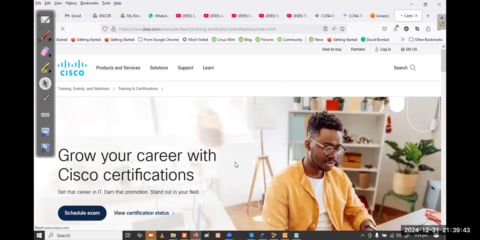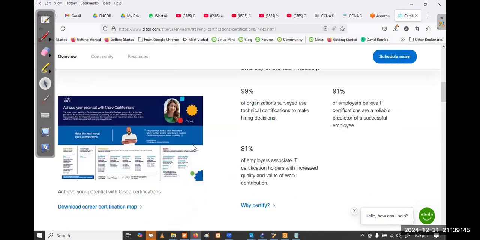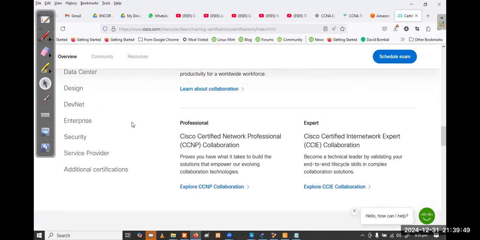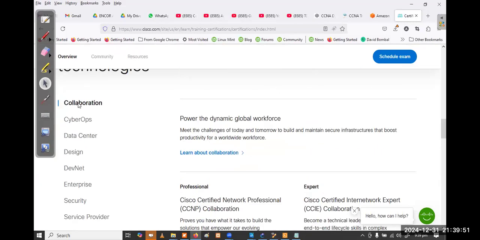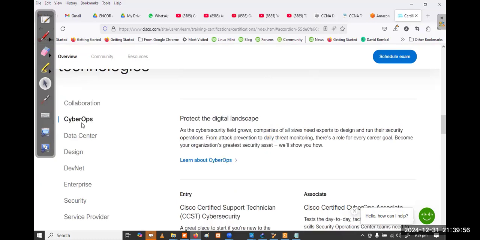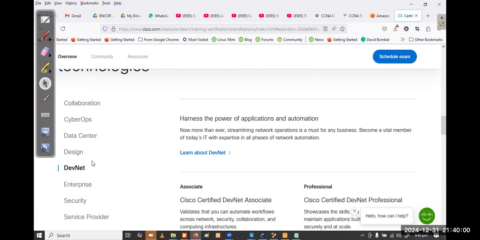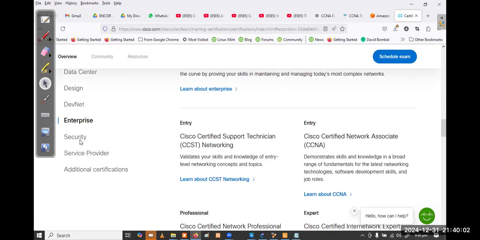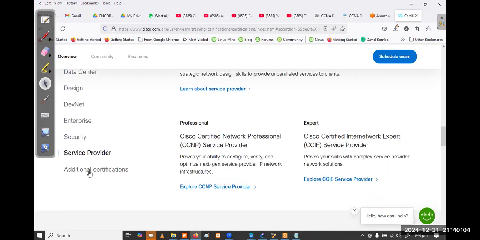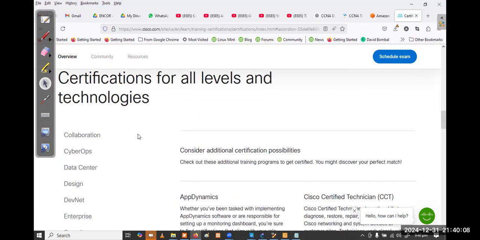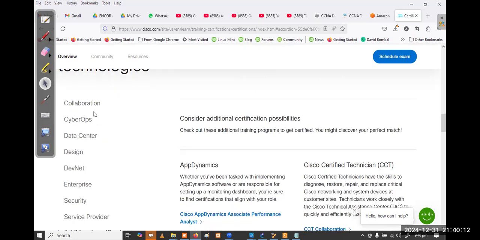Click on that, and then you can see all the certifications conducted by Cisco. There's collaboration, cyber ops, data center, design, DevNet, enterprise, security, service provider, and also some additional certifications. All certifications are available under Cisco.